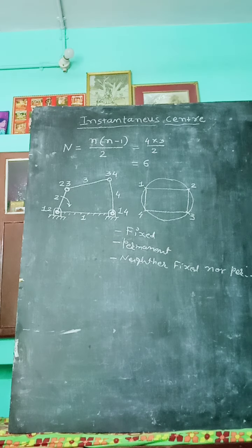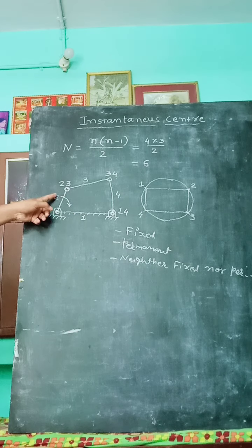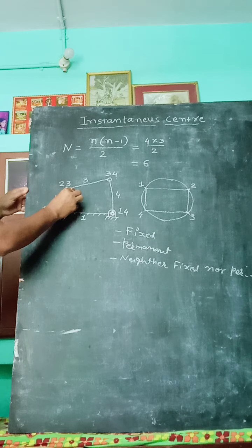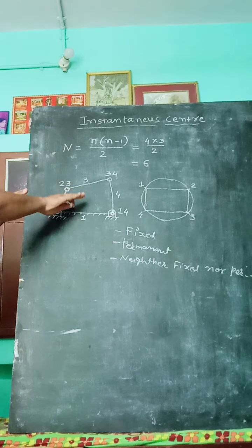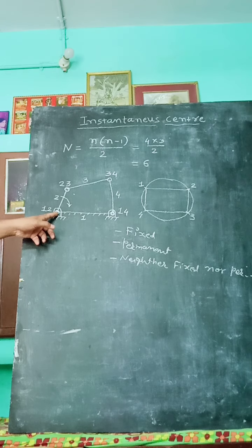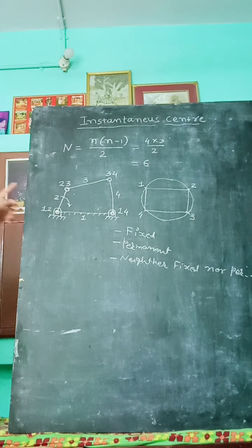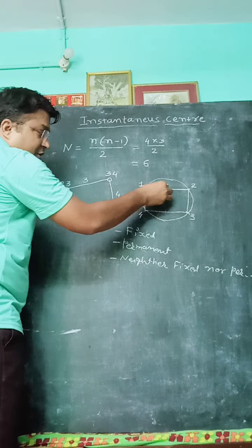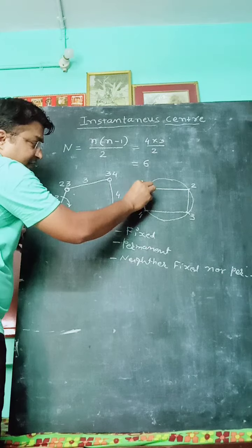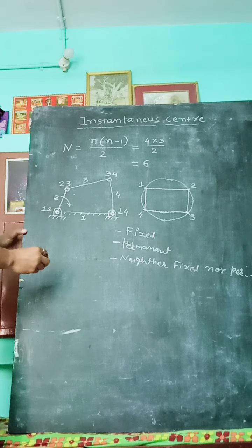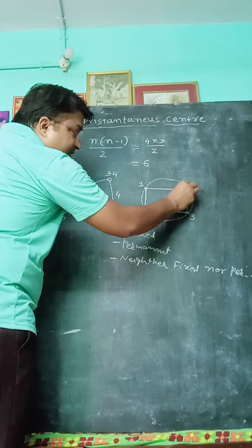Now what happens when it rotates, this 2, 3 with respect to this 2, 3 instantaneous center? This link has achieved this particular location. Likewise, but 1, 2 instantaneous center is not going to change its orientation. Okay, so 1, 2, 2, 3, 3, 4 and 1, 4, they are available. So 1, 2 I have joined, 1, 4 is available, so I have joined, 3, 4 available, I have joined with dark line, and 2, 3 with dark line.